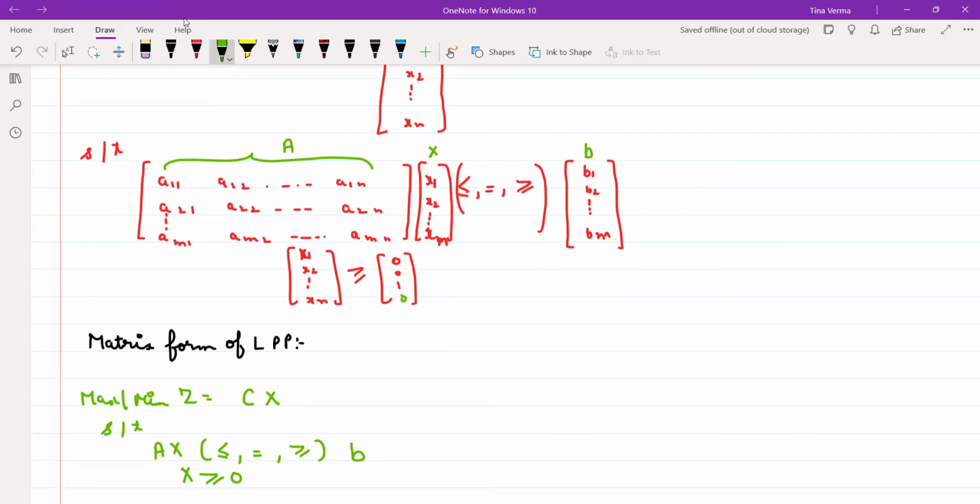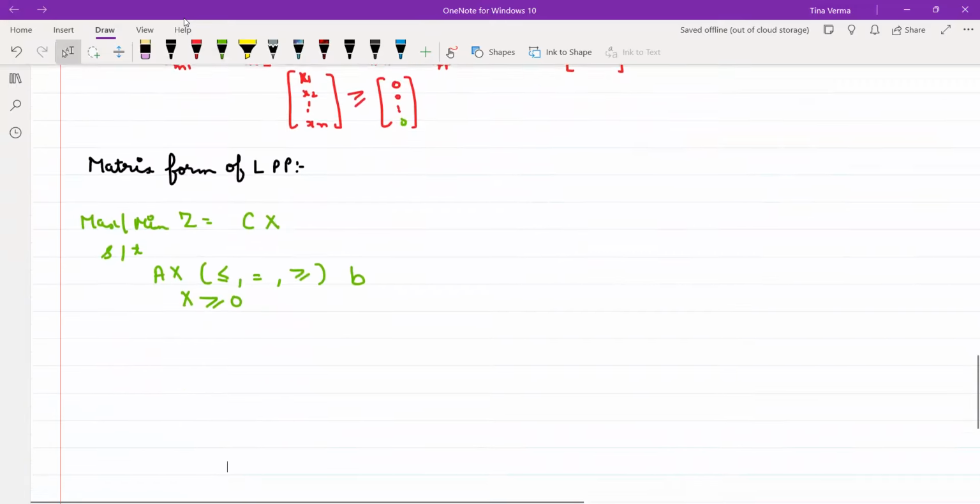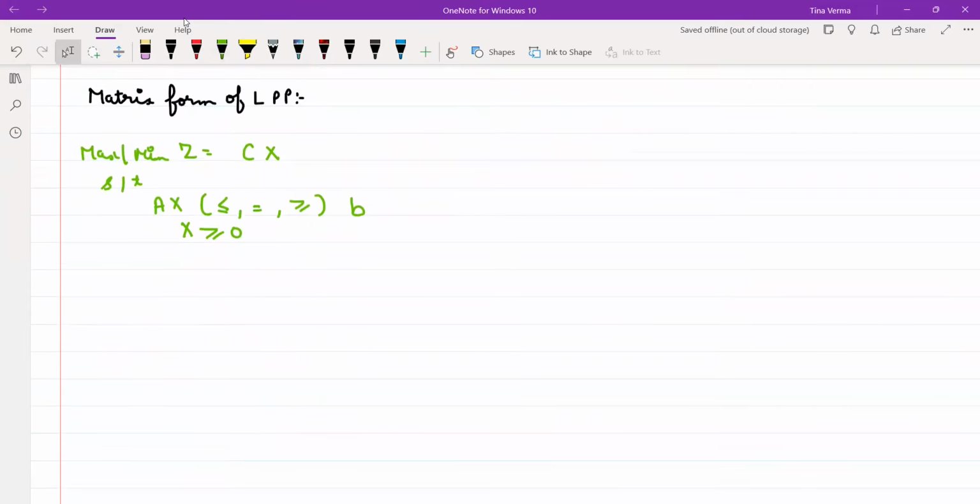And I have already told you that the mathematical programming problem can be of two types. Because the techniques which are developed, only we have less than or equal to, or equal to. We can convert that inequality, right? So whenever we solve using some method, we can convert the inequalities. If it has equal, then we can convert that inequality into less than, equal to, or greater than, even equality. Up to here, any doubt?